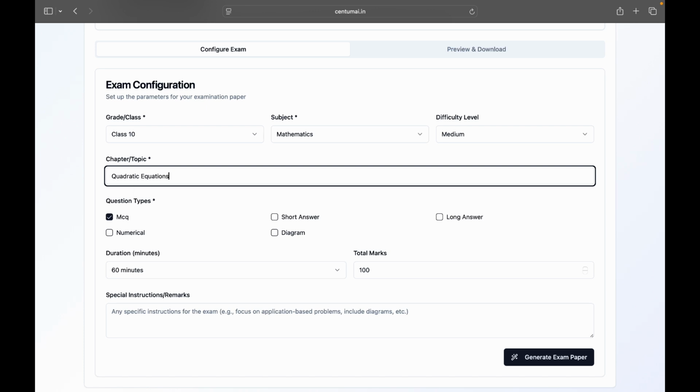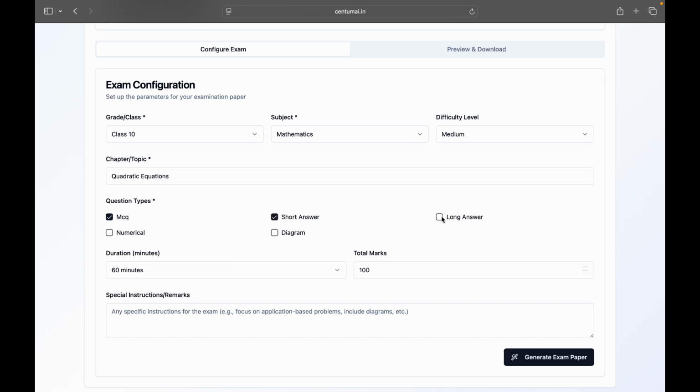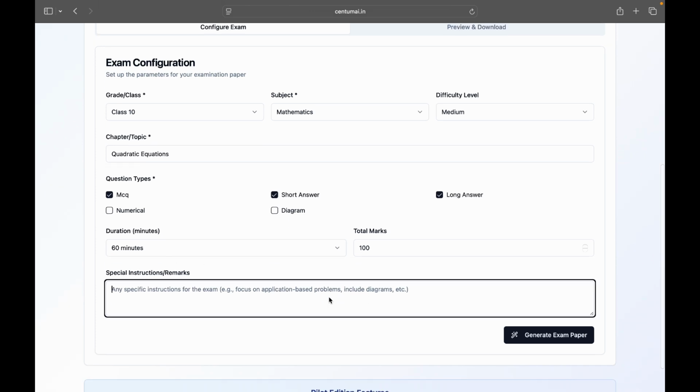Now I can also choose what type of questions I want, such as MCQ, multiple choice questions, short answer questions, long answer, how long the exam is going to be, and the total marks for that particular exam. I can also add in some special instructions, such as keep the short answer questions for 40 marks and long answers for